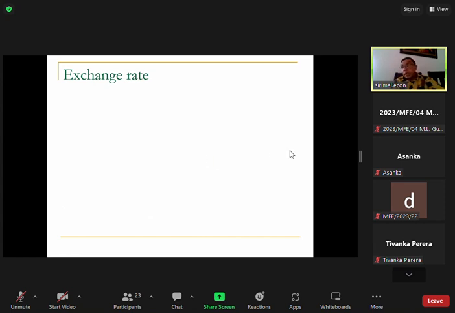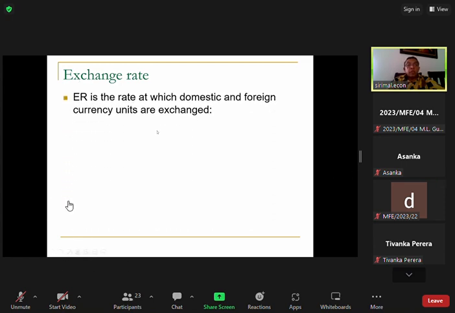Before we come to aggregate demand, there are a lot of ingredients, the basic stuff that we need to understand. One of them is exchange rate. Whenever we talk about the foreign exchange market, we need to have exchange rate analysis also. What is exchange rate? It is the rate at which domestic and foreign currency